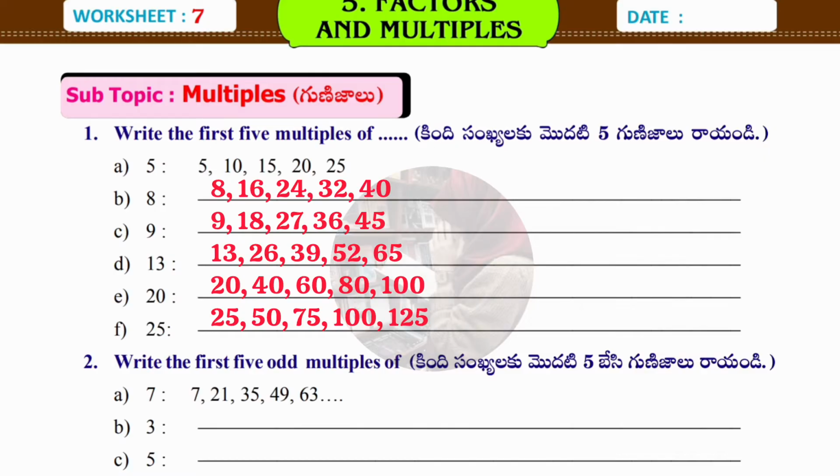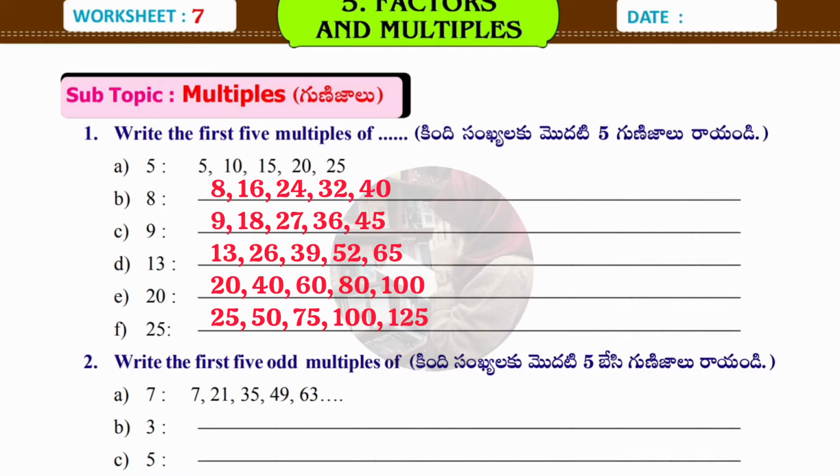Next number is 20. 20 is an easy number as it is like 2 only. Okay, table 2 we have, but here we have to add only 0. 20 ones 20, 20 twos 40, 20 threes 60, 20 fours 80 and 20 fives 100. Next number is 25. So 25 ones 25, 25 twos 50, 25 threes 75, 25 fours 100, 25 fives 125. Okay guys, got it? Now we'll see the second Roman, which is write the first 5 odd multiples of given